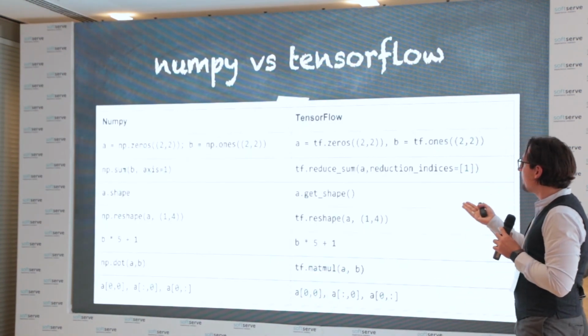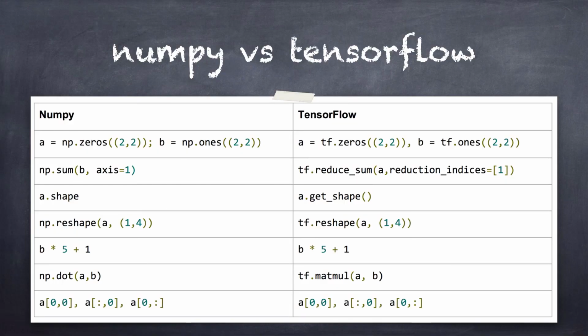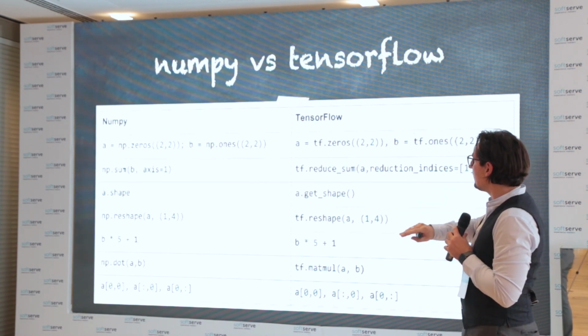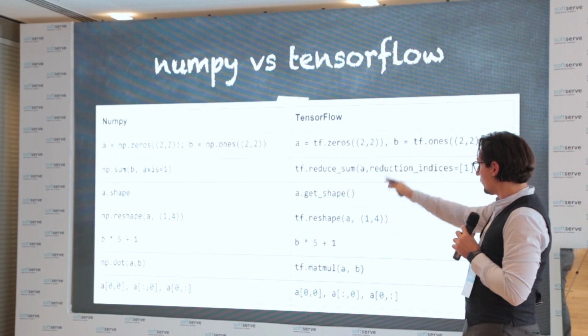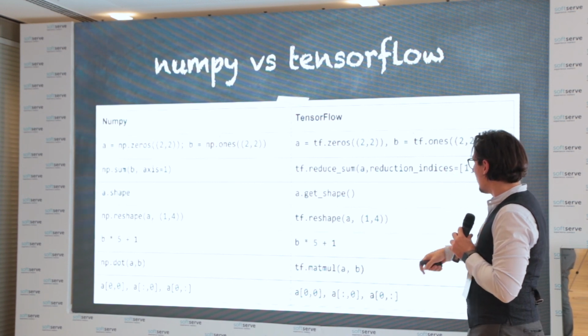If we want to have a comparison, I don't know if you're into NumPy, but if you want to compare the APIs between NumPy and TensorFlow, in case you don't know, NumPy is the standard Pythonic numerical library. If you want to do numerical computation in Python running on CPU with no distributed support, you can have NumPy, and you must use NumPy. So if you take a look at the similarities and differences of the API, for instance, if you want to create a multidimensional array of zeros, 2 times 2, that's the API, which is exactly the same one in TensorFlow. If you want to do sum